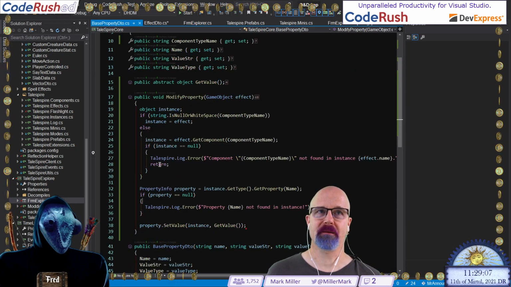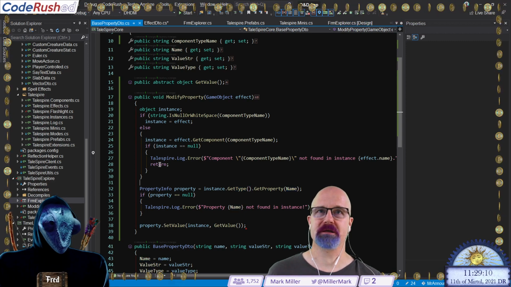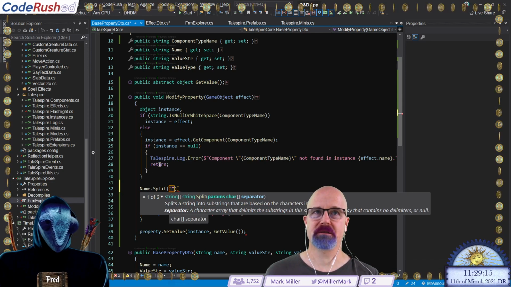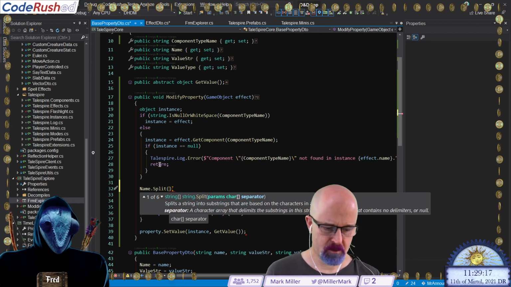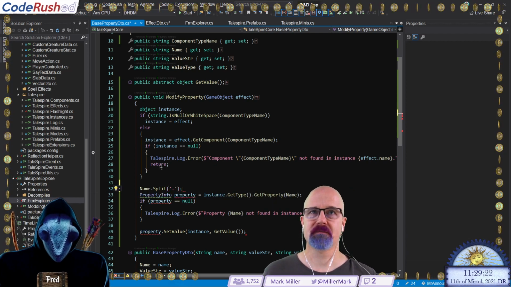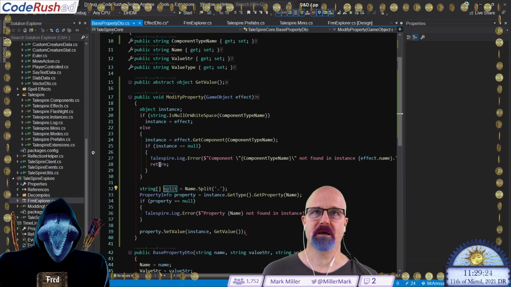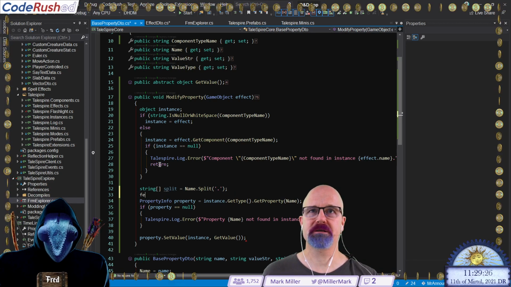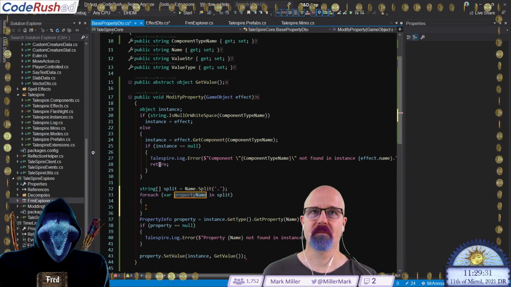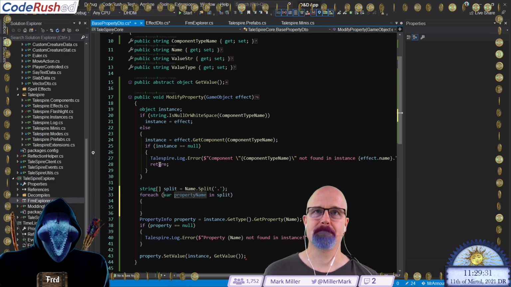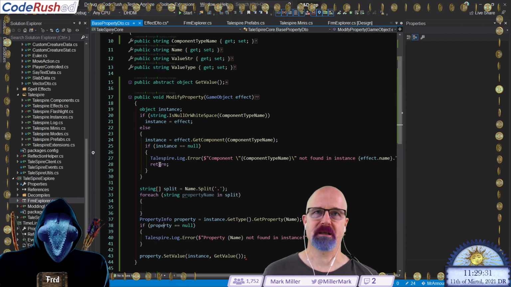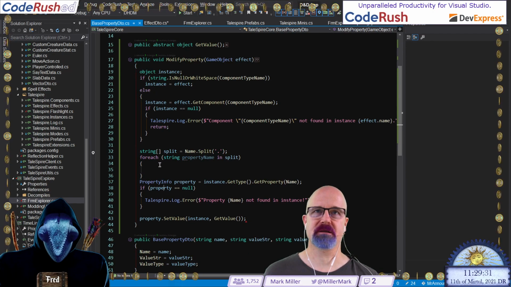We have to drill in. So what we need to do is this. We need to do a split on this name. Split to char on the dots, and I think we're just going to for each all of these, for each property name and split. Something happened in my settings. It started doing. I prefer explicitly declared pieces.